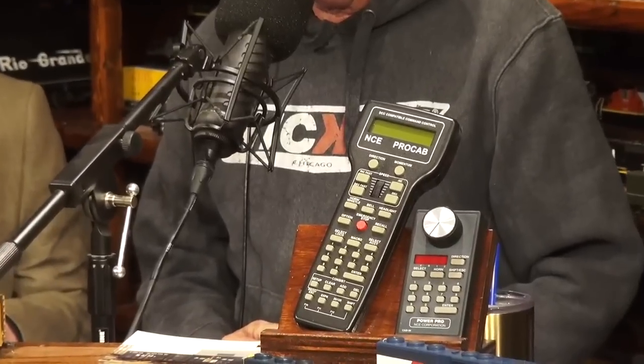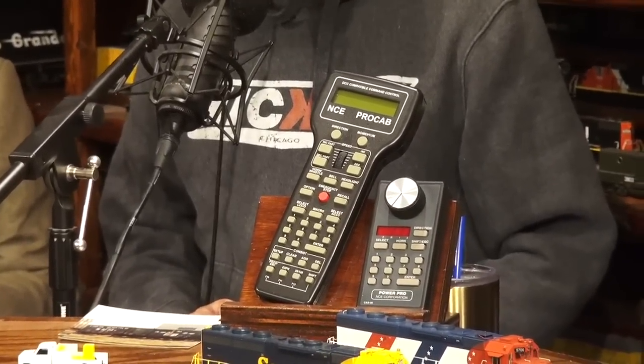So I've got to say that we've got the NCE throttle system on the table, and I've been using it again this week. I put brand new batteries in it. It's really simple. It just takes 4 AA batteries, I think is what I put in there, and the thing lasts forever. I love the ergonomics of it, and Christmas is getting close. Seriously, guys, if you're thinking